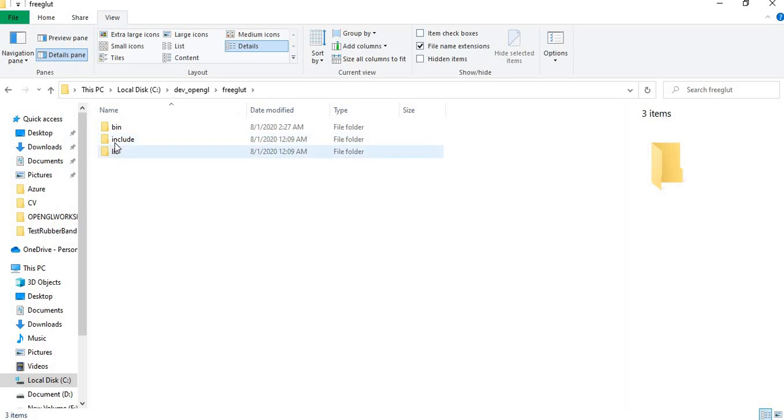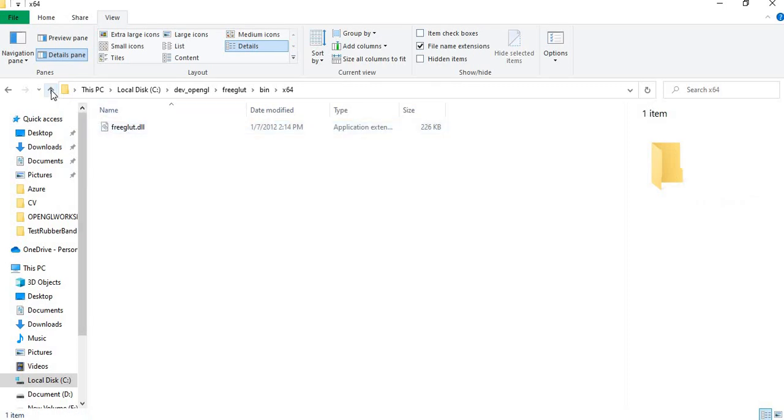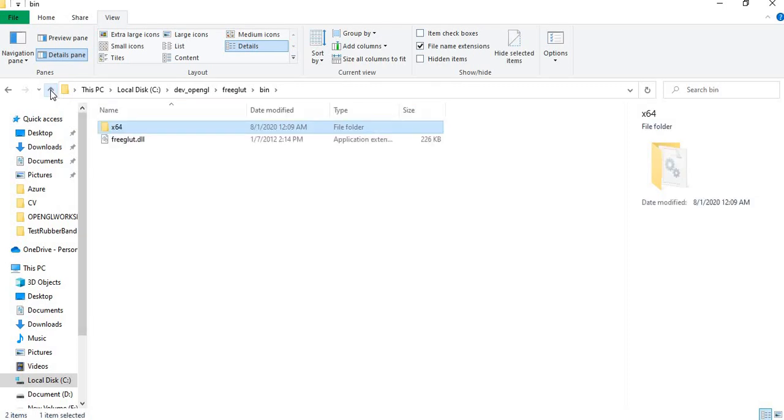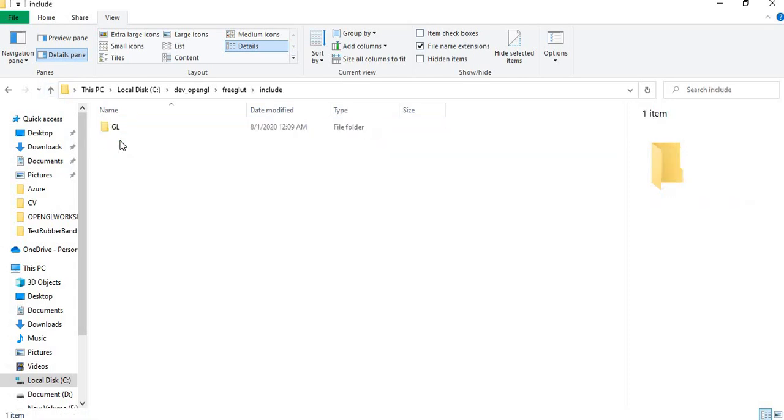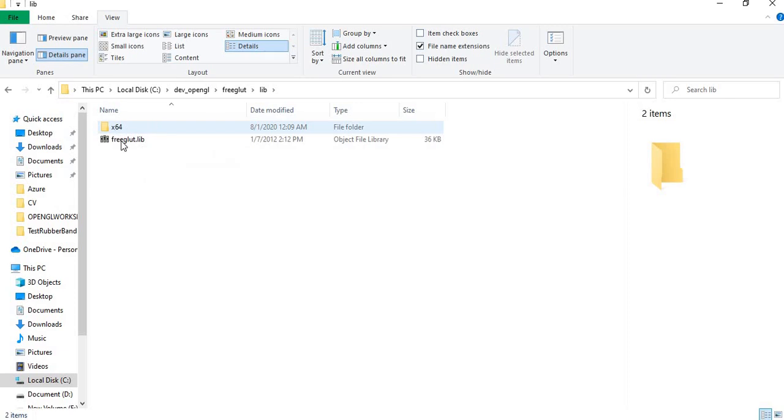So you need to create the same structure: bin x64, and get the freeglut inside, and include and GL folder and all that GL file, and lib. Inside lib we have to keep a lib file. I have kept it in x64.